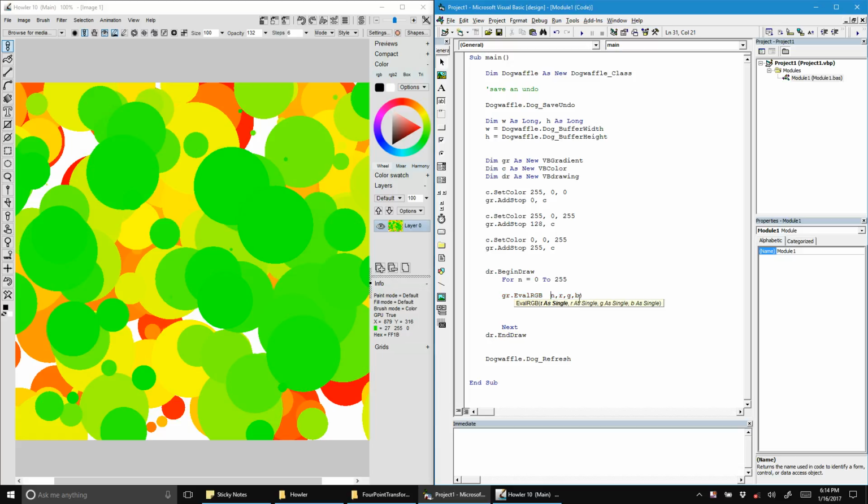Oops, that should not be in parentheses in VB. All right, so let's declare these variables somewhere up here. Dim R as single, comma G. That's why we use gr for the gradient object. We're going to use G as a variable, as single, comma B as single,